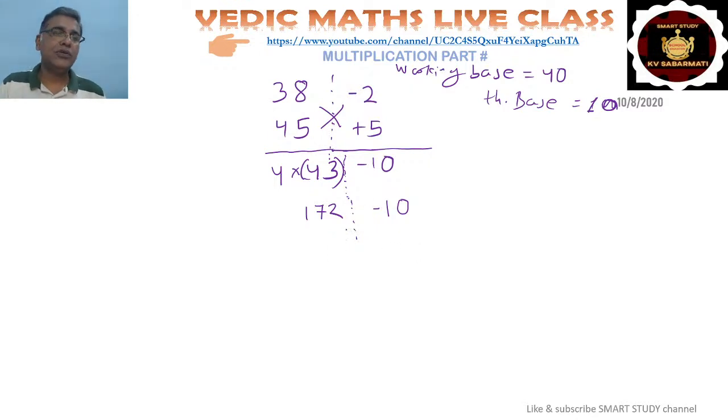Okay, so what I'll do, I am taking the theoretical base to be 10, that's why I multiplied 4. Now here negative sign, to make it positive, I will take 1 to that side. If I will take 1 to that side, it will become 171. But if I will bring 1 to this side, on the right hand side, this 1 will become 10, because theoretical base is 10. If the theoretical base is 100, then this 1 will become 100. But I have taken theoretical base to be 10, so I will bring 10 to that side. So minus 10 and plus 10, this will become 0.